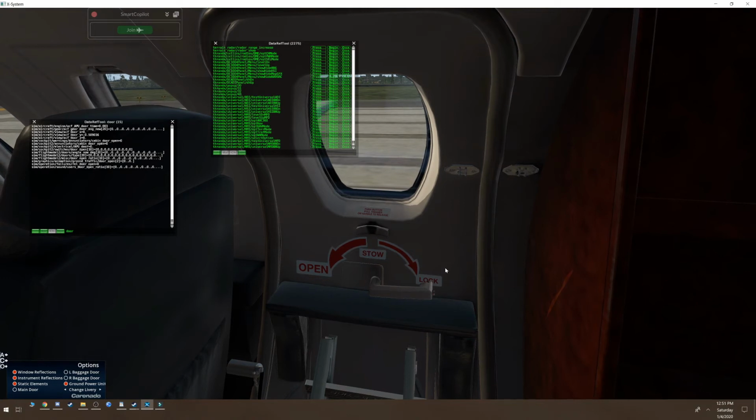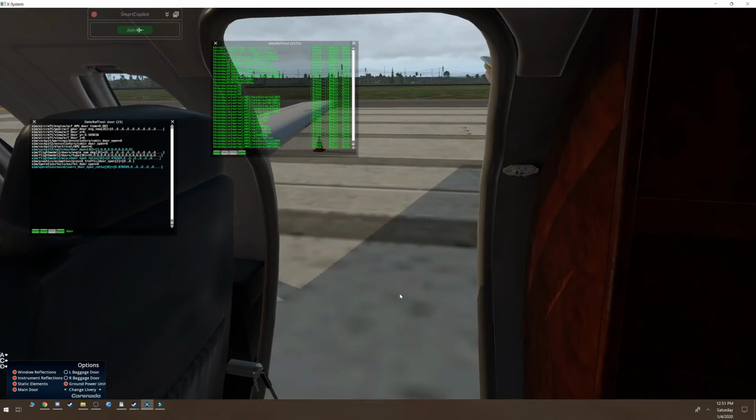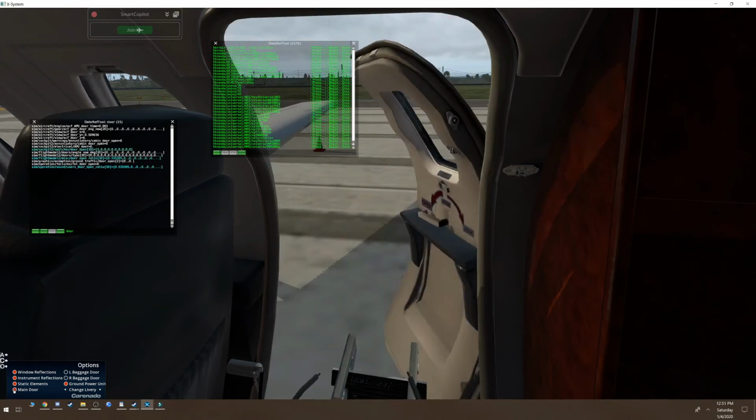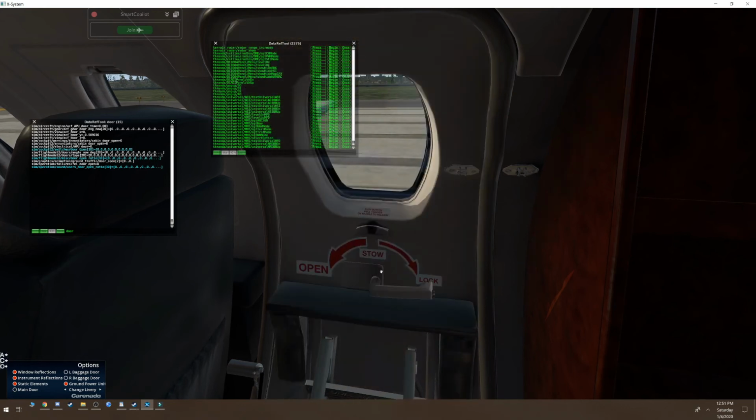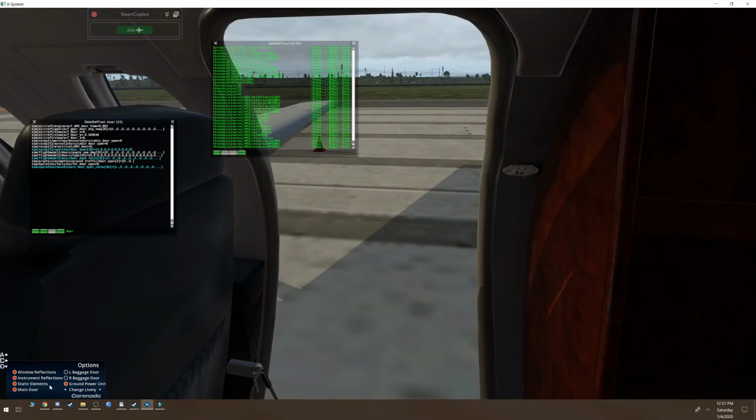Okay, so now we're here at the main cabin door, and I have obviously a click box here. So what I'm going to do is I'm just going to click it. Now we obviously have multiple data refs yet again that are being driven, but we only want to use one specifically. We also have the menu down here, which basically is doing the same thing. When you trigger this, it's going to trigger your menu, which it does,